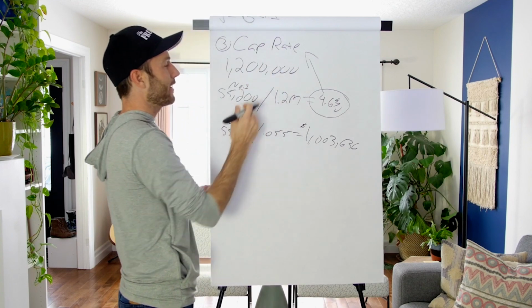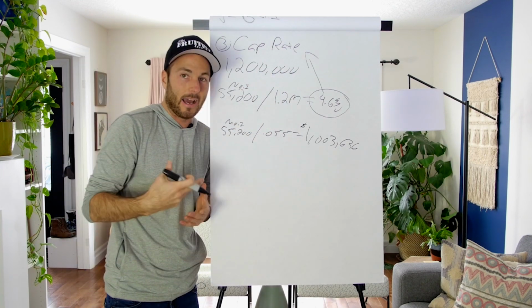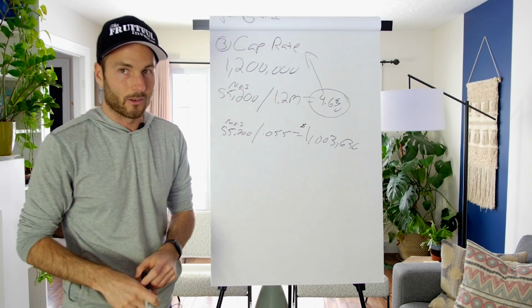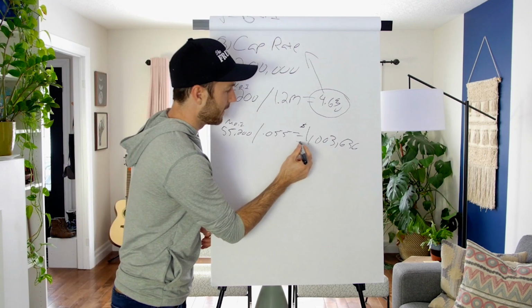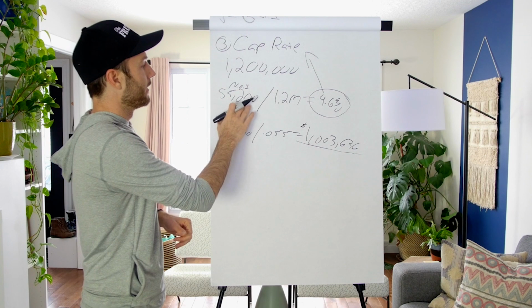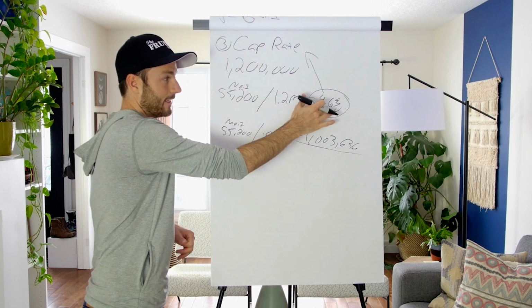So we tell Mr. Seller, I know you're asking 1.2, but I did the calculations based on the cap rates that I know of in this area. And this area should only be a 5.5 cap rate. You're asking too much, Mr. Seller. This is my offer, right? So there's two ways to come to a cap rate. We can divide the NOI by the purchase price they're asking. That gives us the cap rate as is.